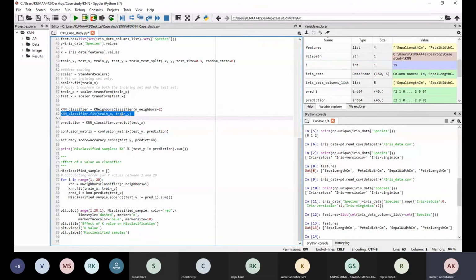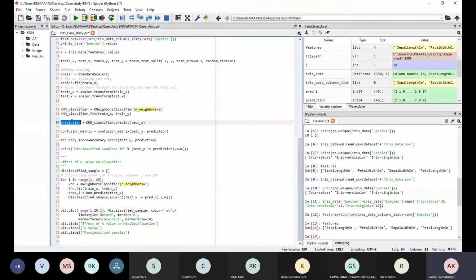Once you fit it, next is to predict, because you already have the model. Fit means it will go and do the training, and once you have the model, you predict with the unseen data, which is our test x.